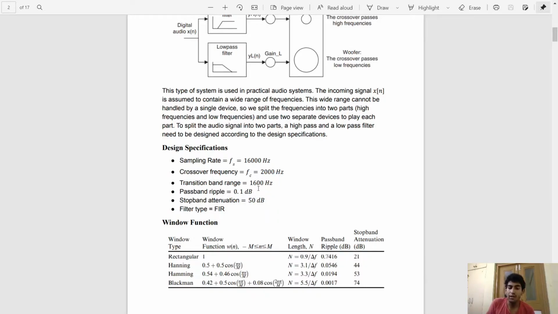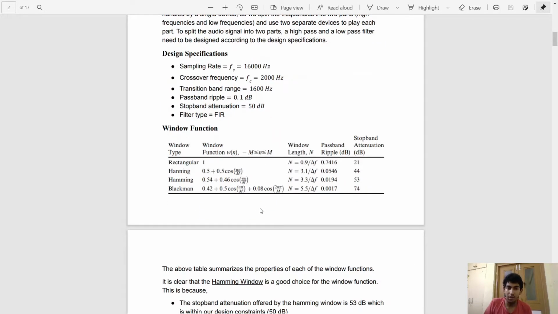This means that when designing an FIR filter using this technique, we get pass band ripples which are not ideal, and we get stop band attenuations which wouldn't be there in the first place if it were ideal. So we require both of these specifications because we're designing the FIR filter.